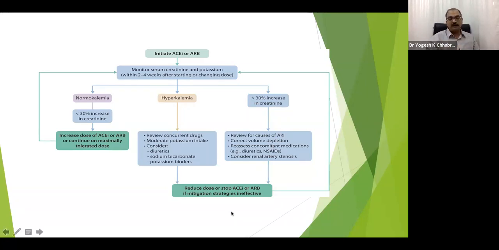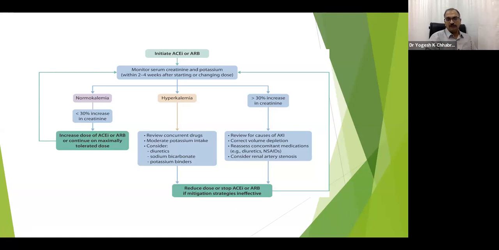For hyperkalemia, obviously in the Indian scenario, we first of all like to educate the patient to avoid high potassium containing diet. In fact, right now, as a nephrologist, the first question we ask the patient is whether they are taking sendha namak or not. That sendha namak, the light salt, actually has a high potassium content, and that can be dangerous for these kinds of patients. We have to reduce the food intake, and there are only limited foods which we can permit in patients who have recurrent hyperkalemia.